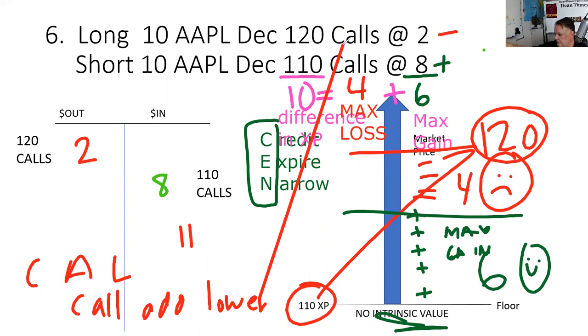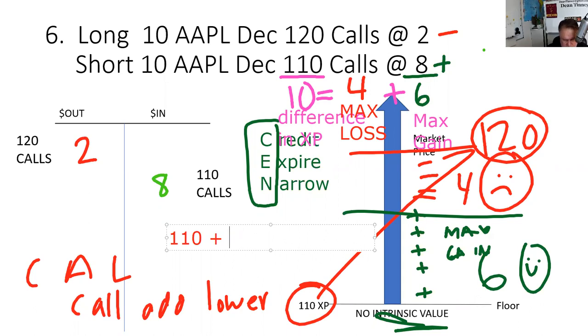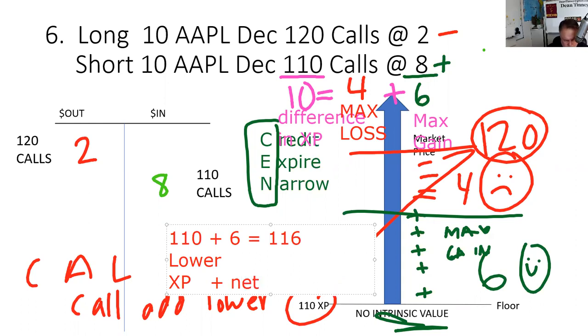I think the text is a little cleaner, so let's do it with text. We're going to take the 110, which is our strike price, plus our net premium, which is 6, and we get our break even of 116. So the lower strike plus the net premium equals our break even. And the last thing we've got to be able to do is determine whether it's bullish